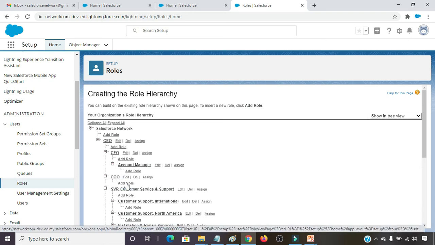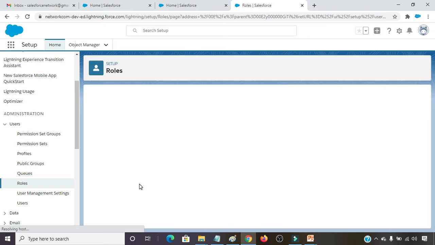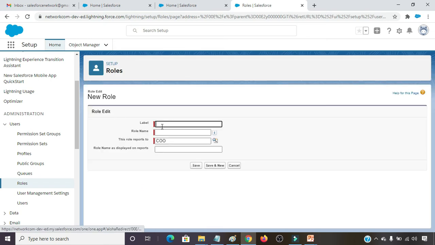First I have to click on add role. Here I am going to provide project manager. Project manager is going to report to CEO. Clicking on the save button.